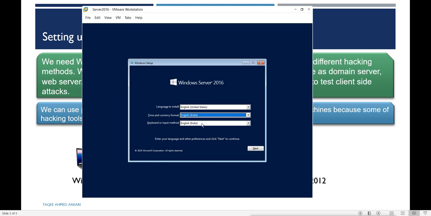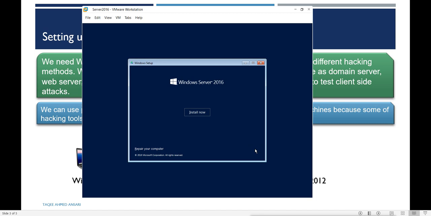Keyboard layout also the same. And next, keyboard layout is always important, because you have to know what your keyboard layout is. Otherwise, if you choose a wrong layout, then your keys will be misplaced. So be careful when you are choosing the keyboard layout, but after the installation you can also change it. Then I will select install.